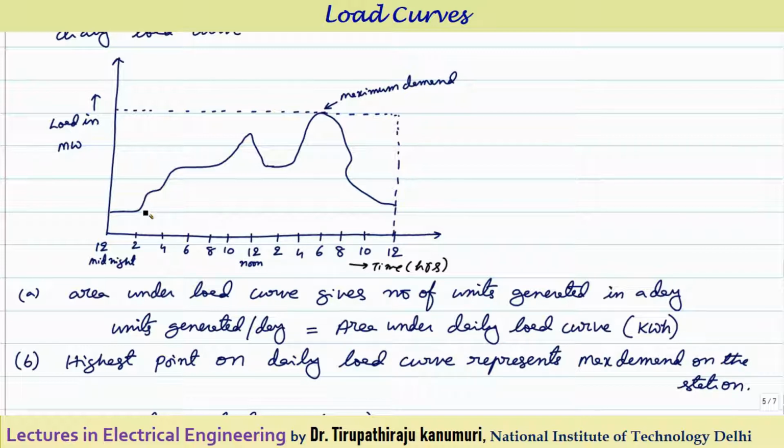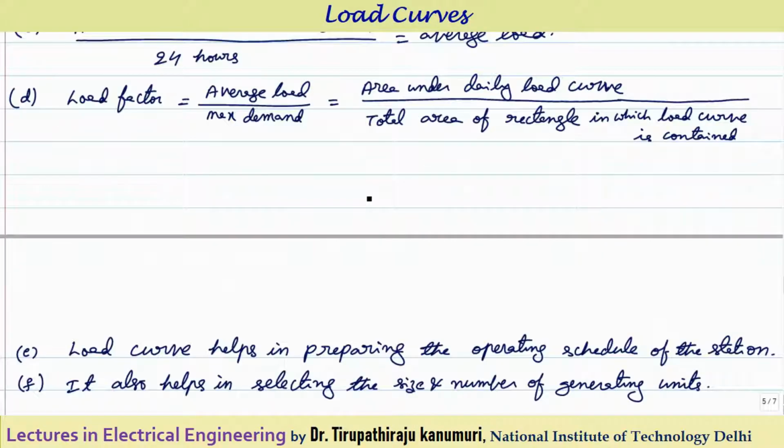So we can conclude that the different generators will be connected in parallel. Depending on the load on my station, that is the basic thing that is required. This will help in deciding which particular generator unit will be connected in parallel. So for that scheduling this will be useful.